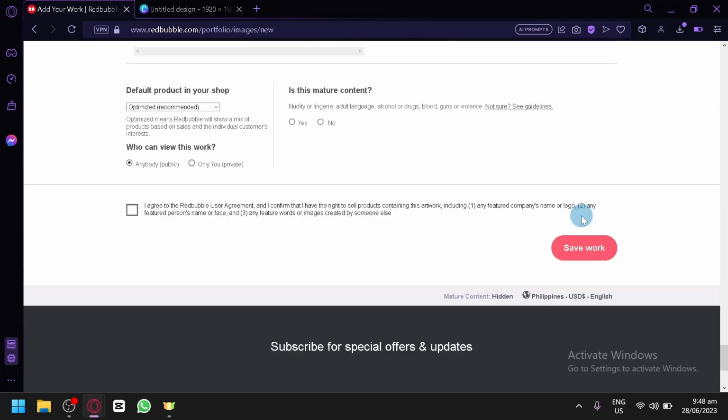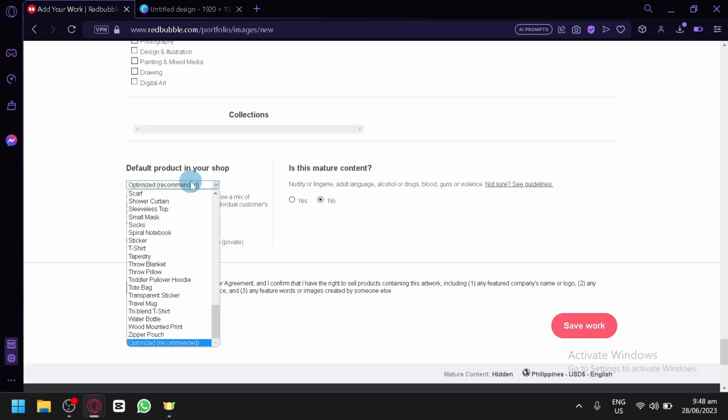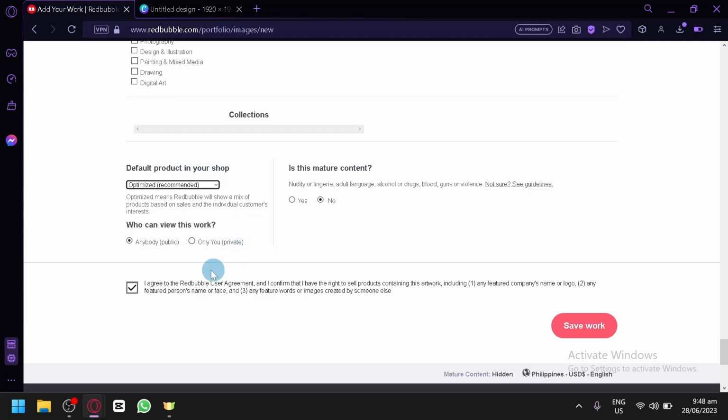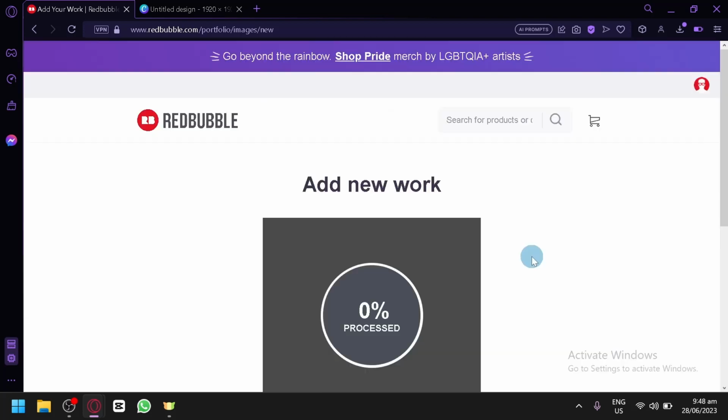After this, you can simply click on I agree with Redbubble's user agreement. You could check if this is mature content. This is not. You could see here, default product in your shop, anyone, only you. Then media, let's say painting and mixed media, design and illustration, just like that. And simply click on save work, and as you can see, it's now being saved. And if my store is fully complete, I will be able to upload it into my store and start selling this